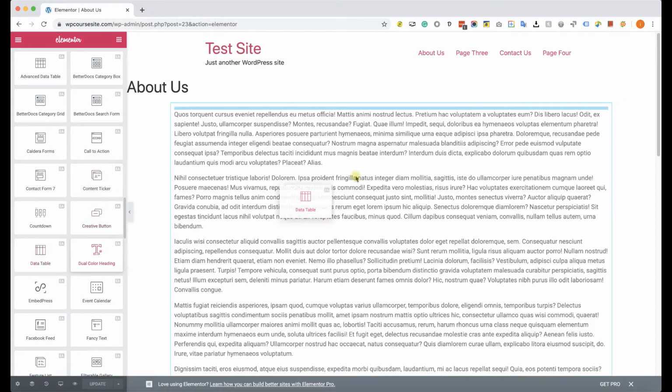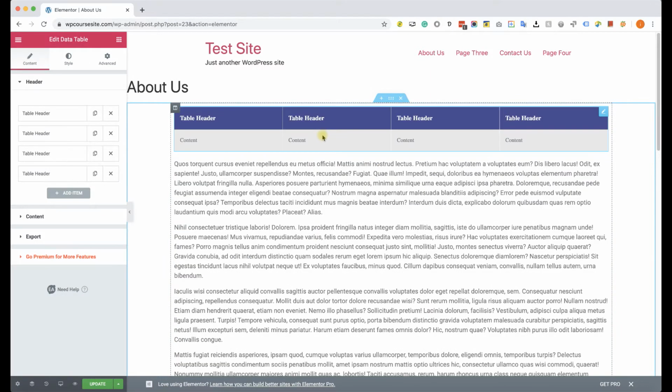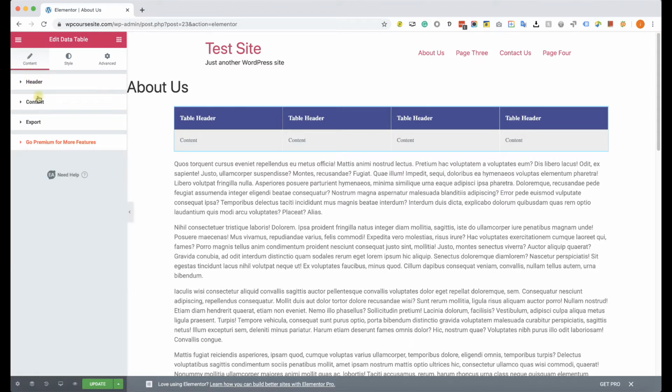So let's look for the data table, and we're going to drag it to wherever we would like to place the table, and we can see immediately that we have a 4-column table with a header row and a content row. Over here we can see, just like all the other widgets, we have 3 tabs: content, style, settings. Now here under the content we have 2 tabs that we're going to focus on: the header, which is the